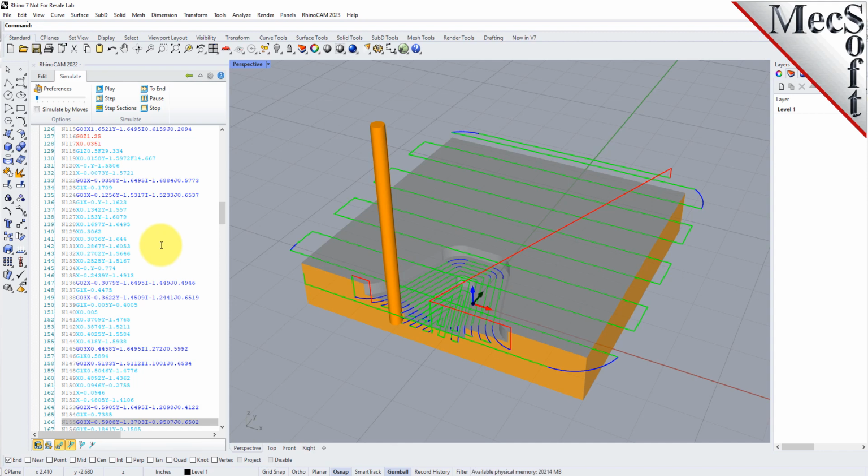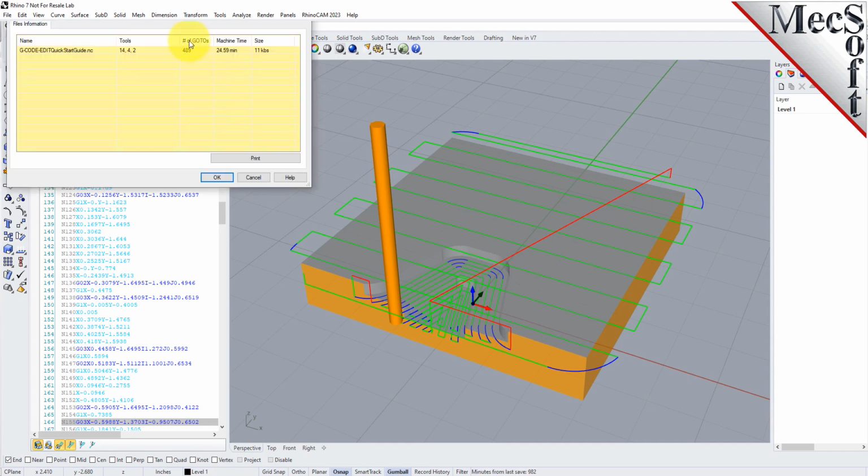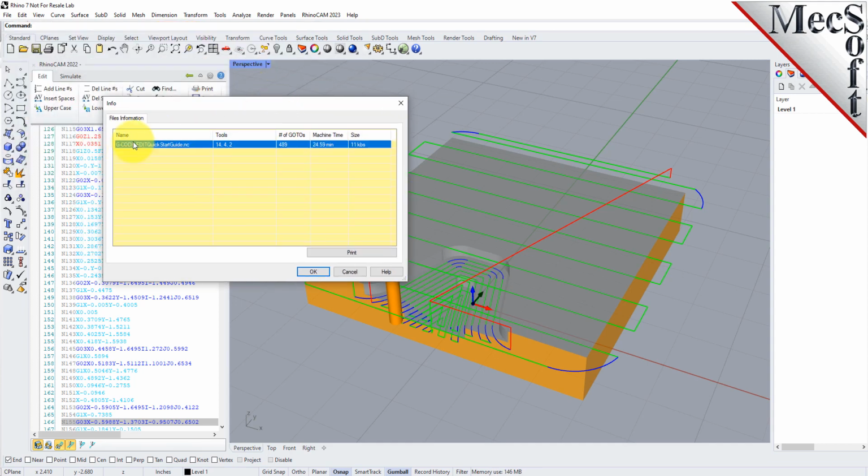Okay, what we're going to do now is perform an estimated machining time on the G-code file. So any G-code file that you load into the G-code editor, you can get a quick estimate of how long it's going to take to machine the G-code file. You can do this either from the Edit tab or from the Project tab. From the Edit tab, just pick Information, the little info button,